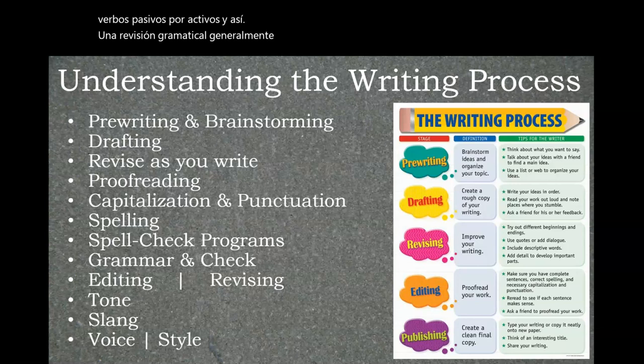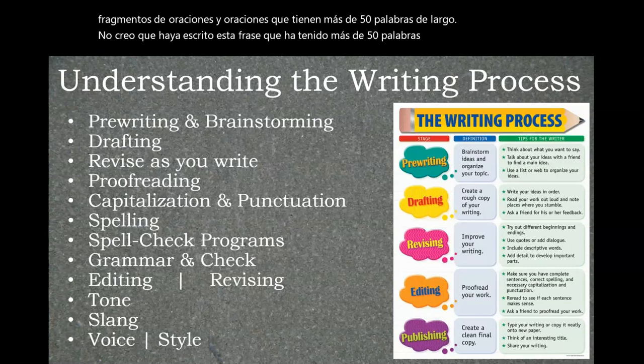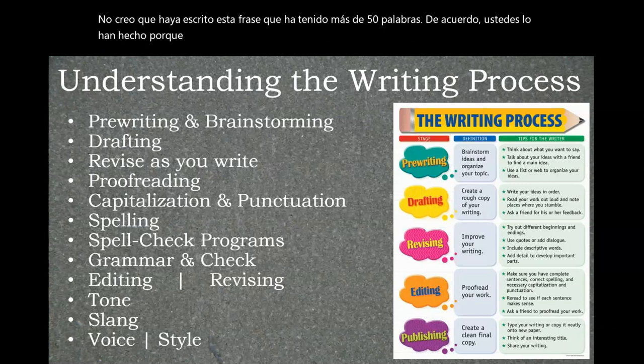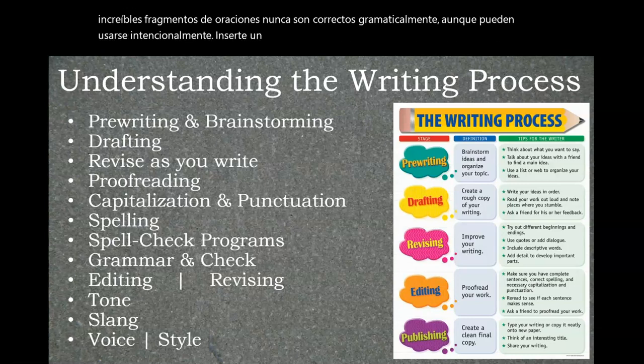Many programs also highlight sentence fragments and sentences that are over 50 words long. I don't think I've written one sentence that has been over 50 words long, okay? You guys have, because you've written paragraphs and sometimes whole essays without one single period in there. Amazing. Sentence fragments are never correct grammatically, although they may be used intentionally in certain informal situations, meaning that when someone is writing an example or making a point,